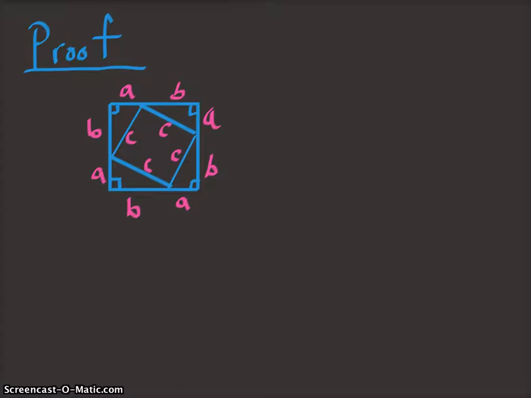Now how we're going to do that is we're going to show that each triangle, we know that the area of this total square is going to be the area of each triangle, which they are identical, added to the area of this inner square here. Okay, so I'm going to do that by setting up an equation that says 4 times, okay, and then our formula for area of a triangle is 1/2 base times height. So each of these have a base or height, it doesn't matter, of A, and the other is B. Okay, so 4 of those